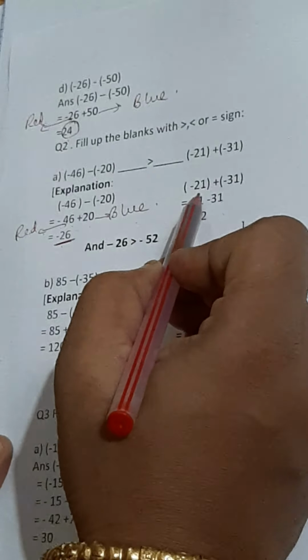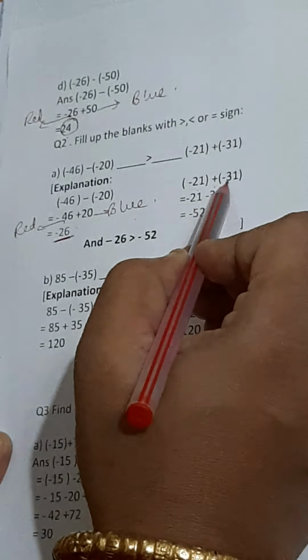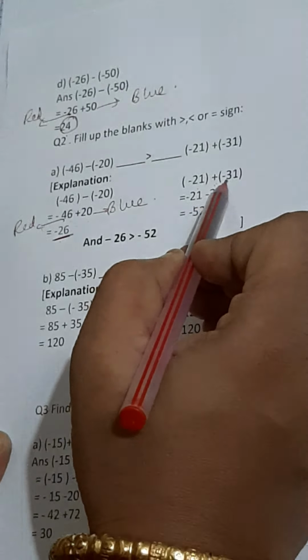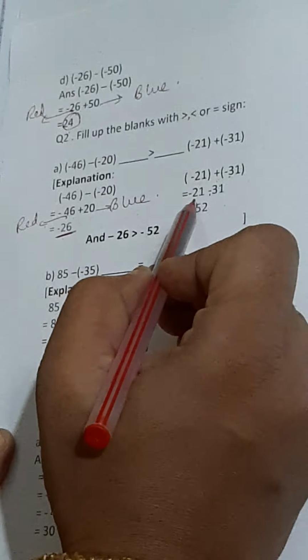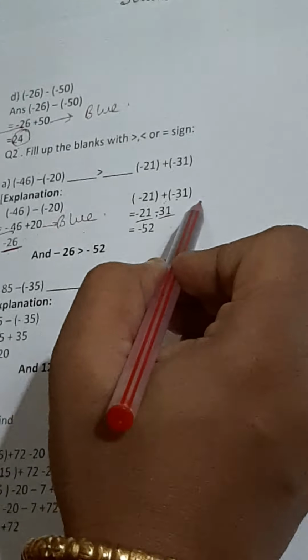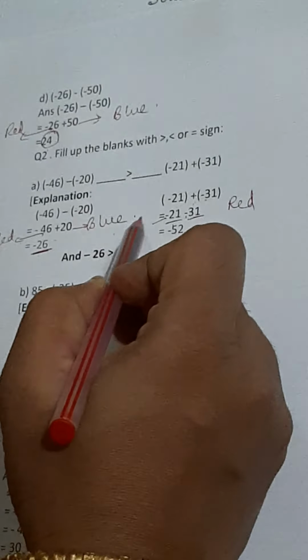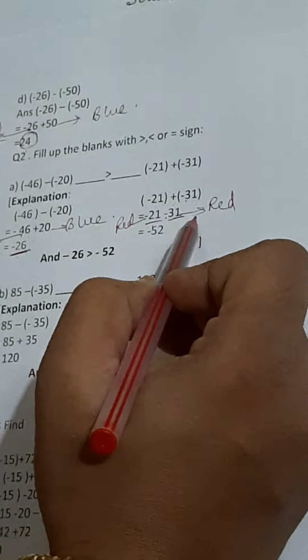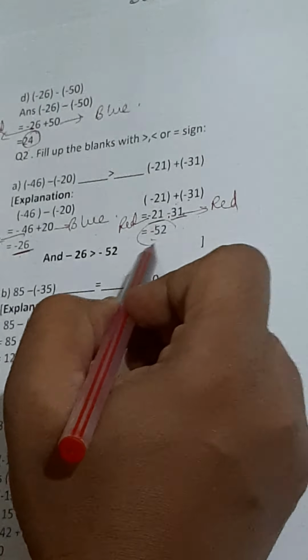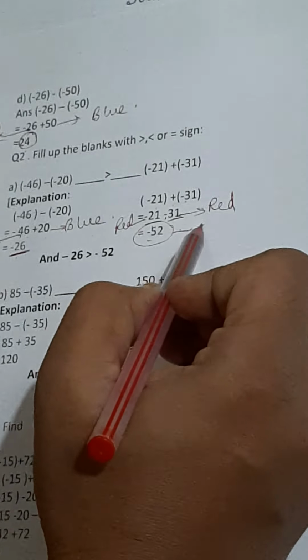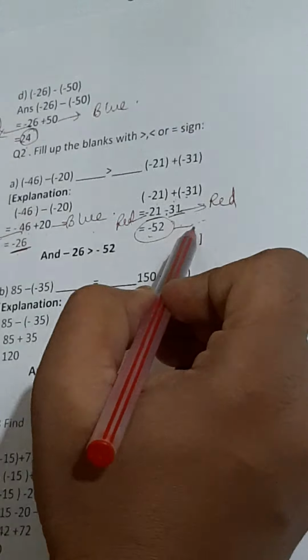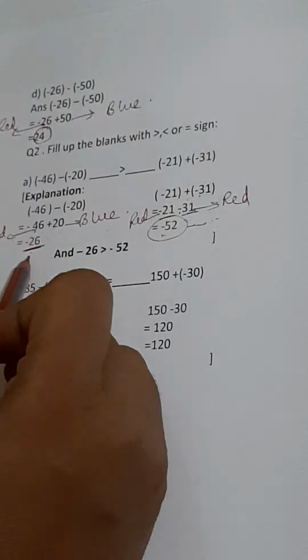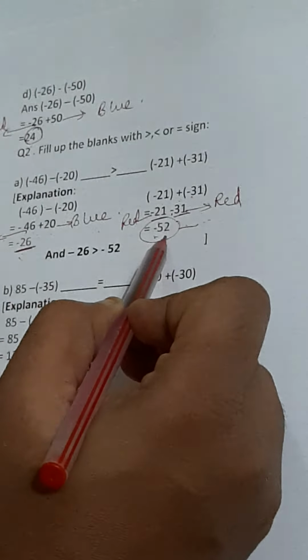Now this side I have minus 21 plus of minus. I told you what is plus of minus? It is minus. अब दोनों ही माइनस है, मतलब दोनों ही रेड कलर के हुए. ये भी रेड और ये भी रेड. अब क्योंकि दोनों ही रेड है तो हमको ऐड करना होगा. हमने ऐड किया और आंसर भी रेड और रेड का आंसर क्या होता है? रेड. और रेड का मतलब होता है माइनस. सो आई गॉट minus 26 and minus 52.